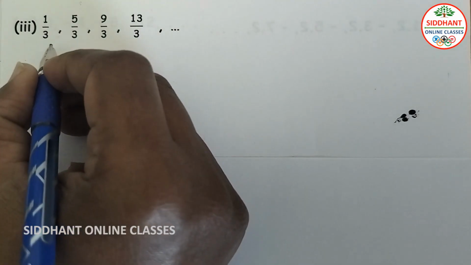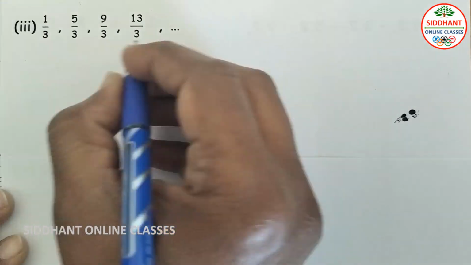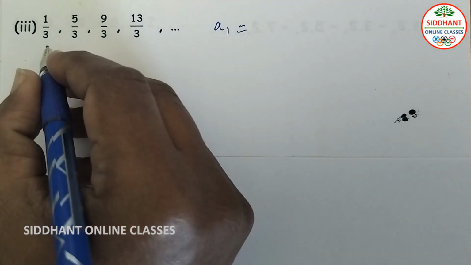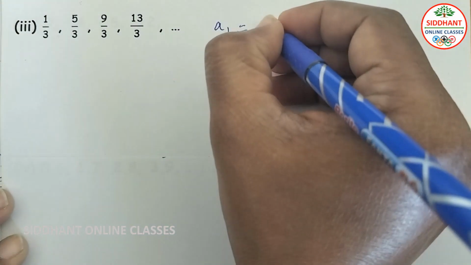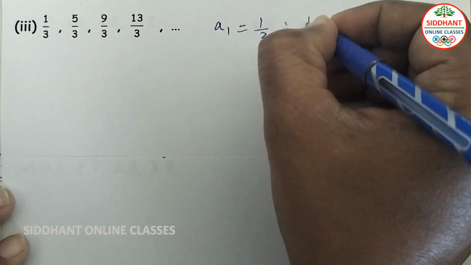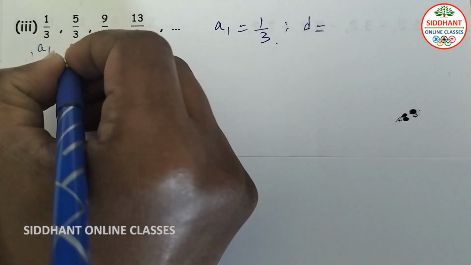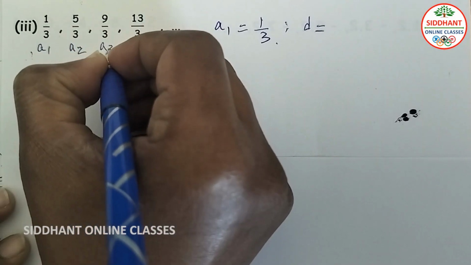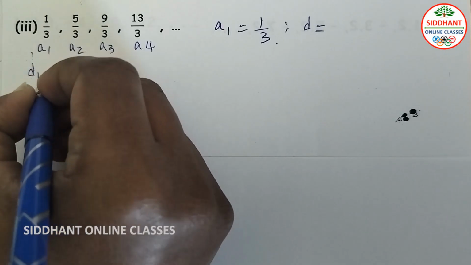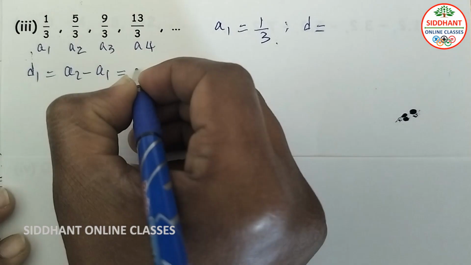Next third one, 1 by 3, 5 by 3, 9 by 3, 13 by 3. So here A1, which is first term, that is 1 by 3 here. Now D we are going to find out which is common difference. So this is A1, this is A2, this is A3 and this is A4. Now D1, which is A2 minus A1, that equal to